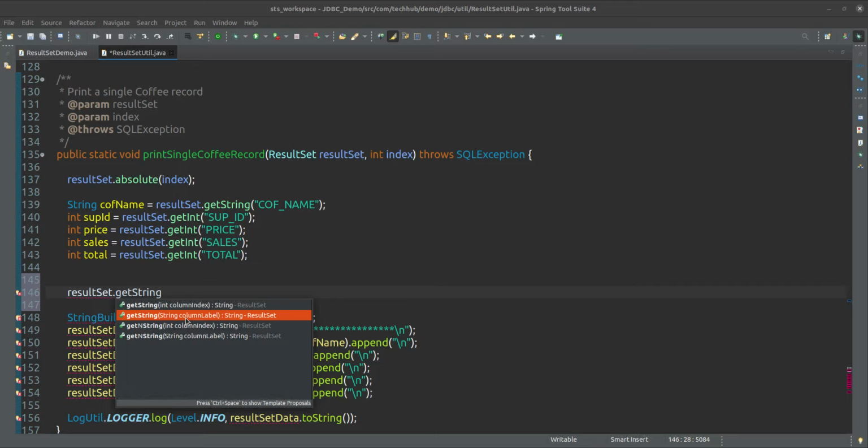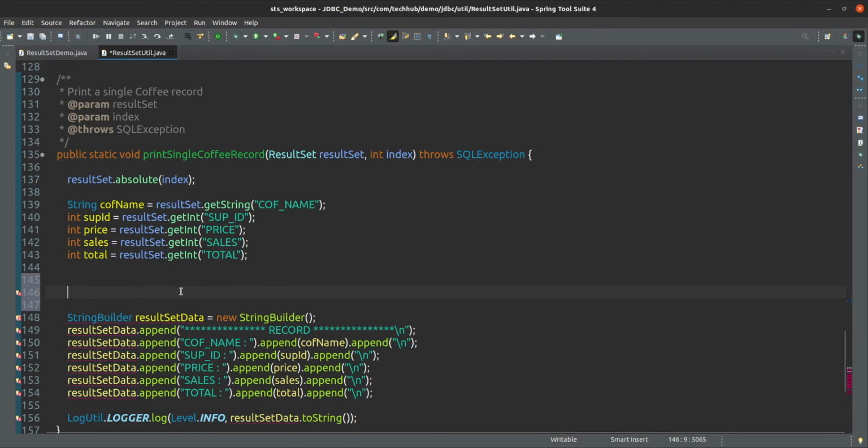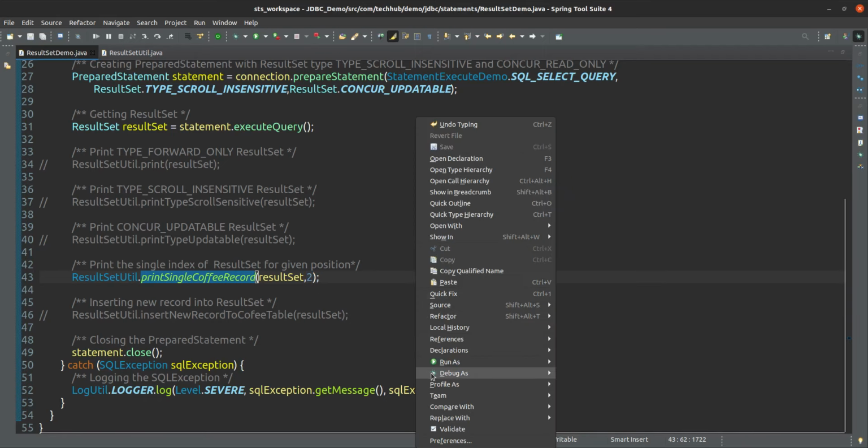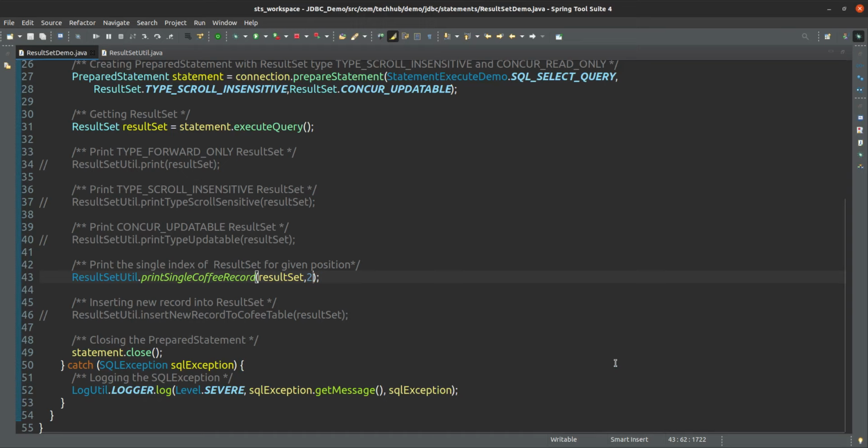So you can give the column index, whatever the index, or you can give the column name. Here we are giving the column name, coffee name. For the first record, we go to the absolute position of whatever index we are passing. Here which index are we giving? 1. If we give 2 here, then it will print the second record.